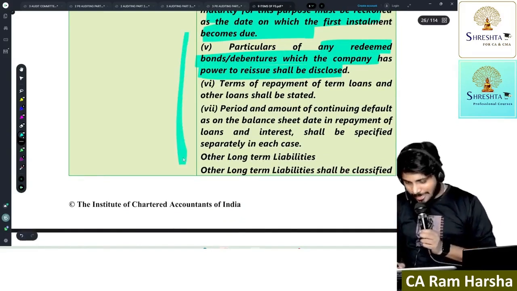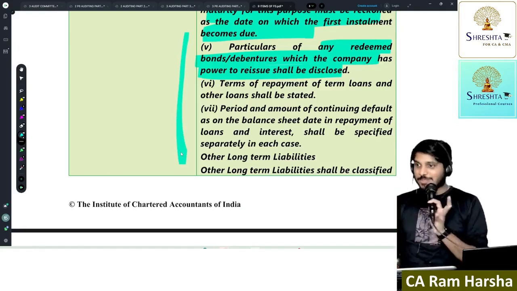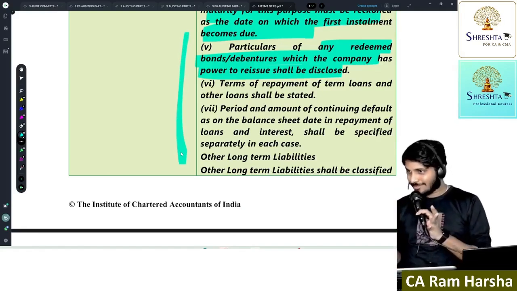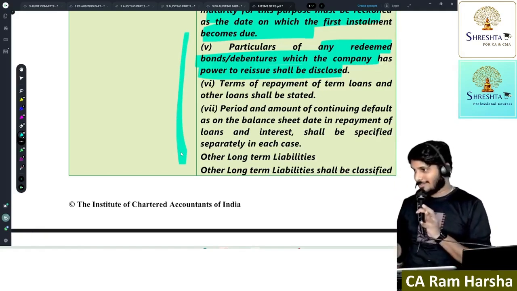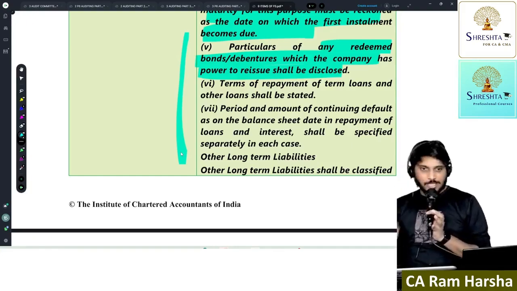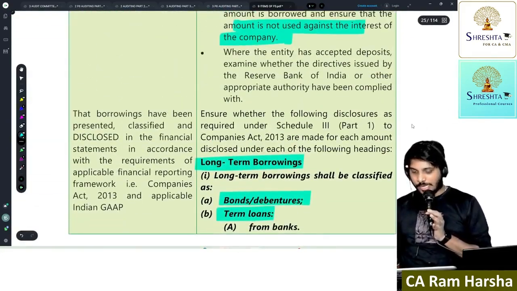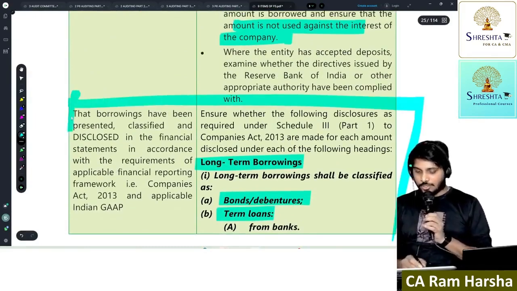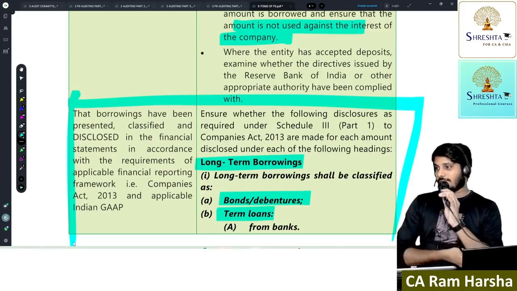Almost all of these points are not something we explain. It is something you have to read and visualize. All these points are not required in the exam; any 4 or 5 points only you may have to write. This is regarding the Schedule 3 disclosure requirements.